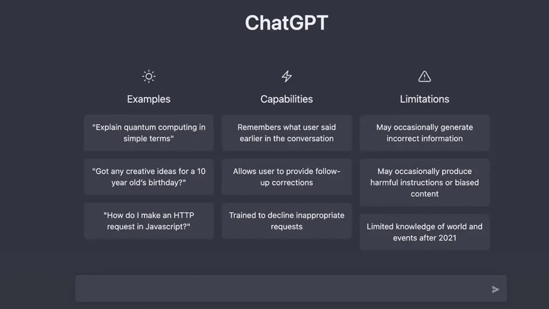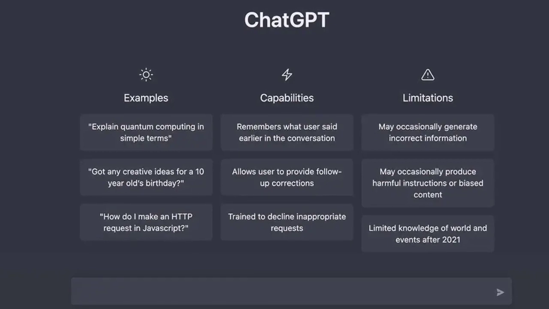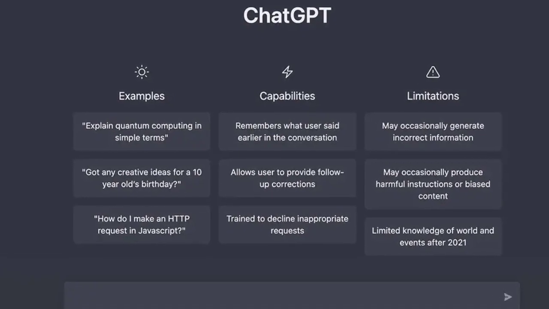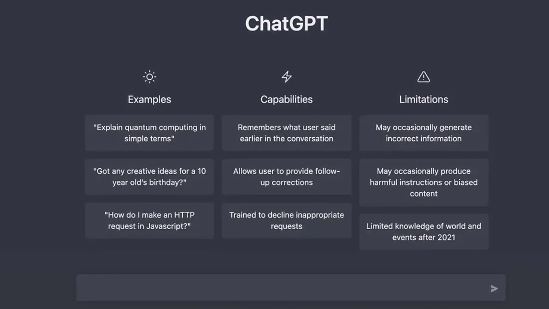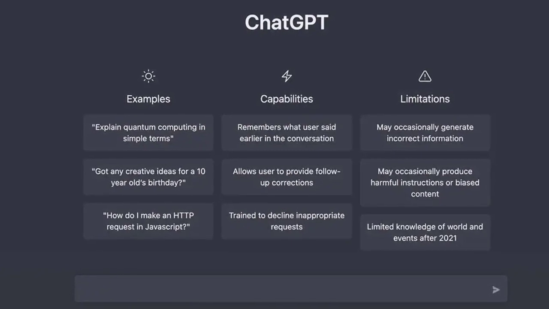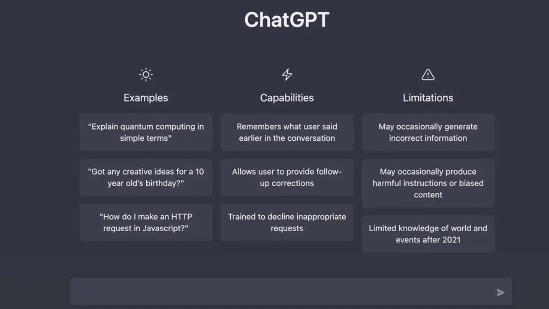Today in this video, I'll tell you how you can get ChatGPT on your mobile. Let us start. OpenAI's ChatGPT is not currently available as a mobile application. It is not clear whether the chatbot will be released to iOS and Android users at this time. The chatbot is currently available on OpenAI's website, where you will need to create an account and verify your email